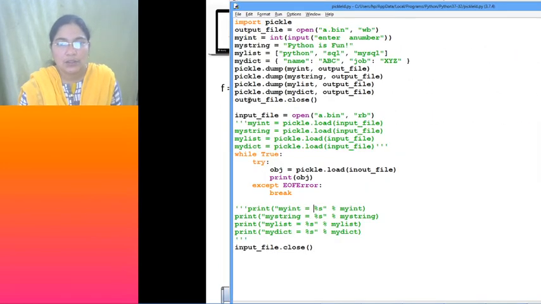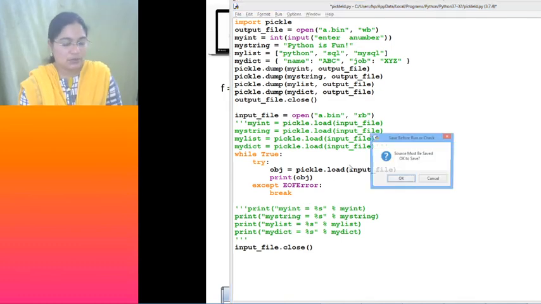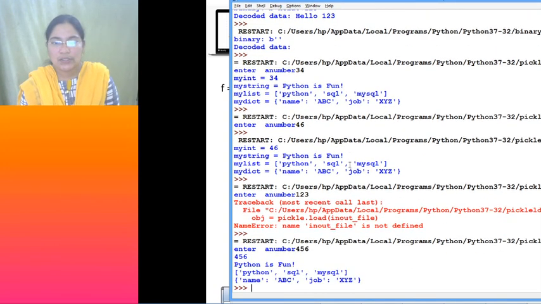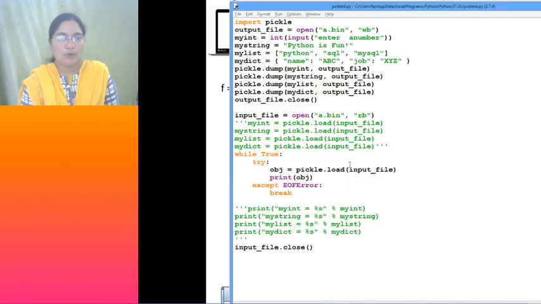Sorry, somewhere I typed it wrong. Yeah, input file, correct. Now let's execute and see. Enter a number 456. So you can see this is also another way to retrieve data from the file using pickle load, but it is using iteration.